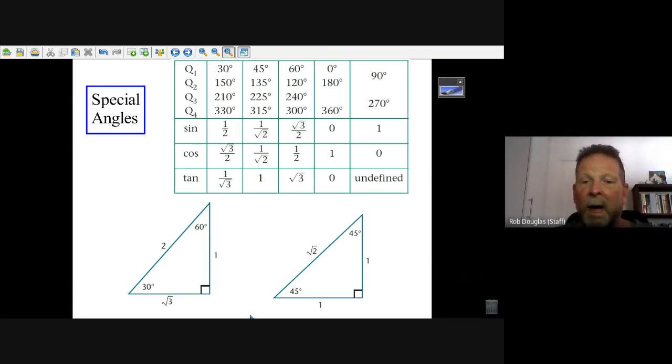And here you've got 1, 1, and root 2 for 45 degrees. So the tangent of 45 degrees, opposite over adjacent, is 1 over 1. And the hypotenuse is root 2. Let's take a look. So you can see cosine is 1 over root 2, sine is 1 over root 2